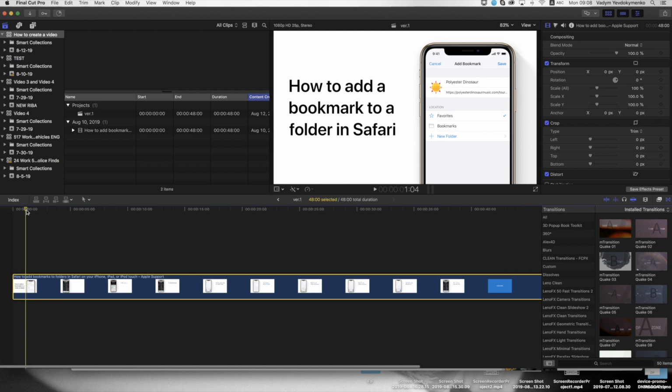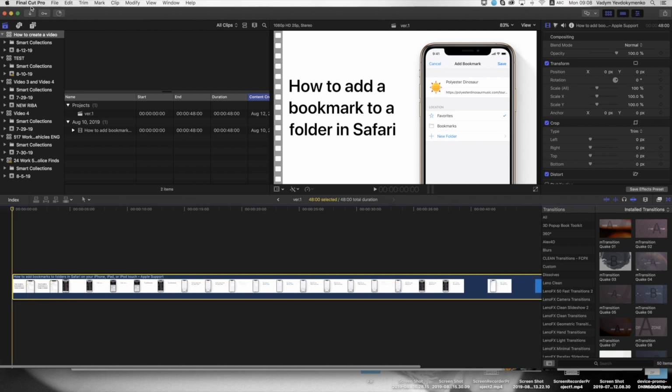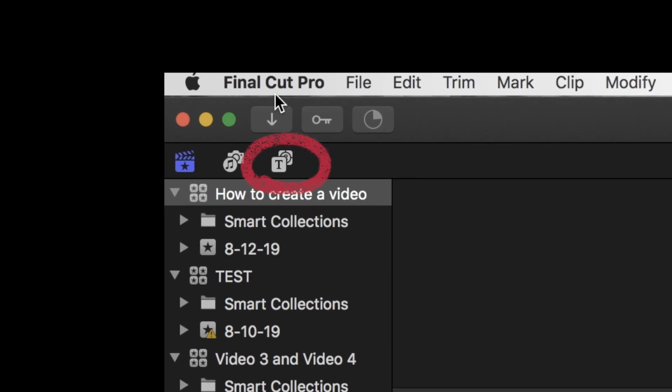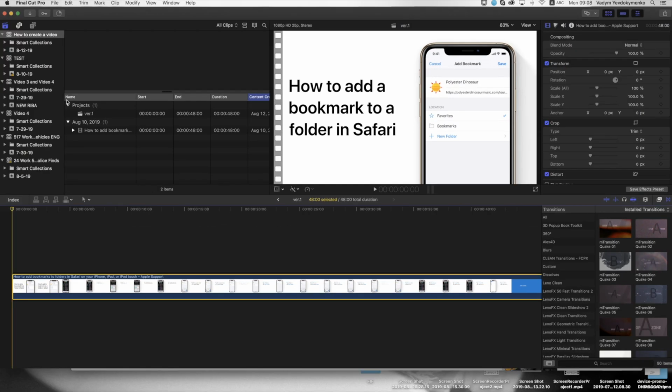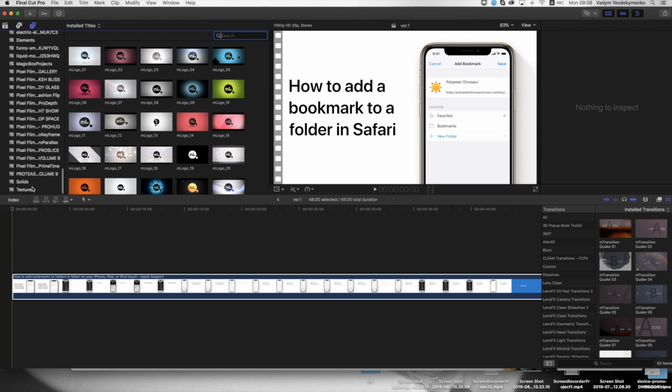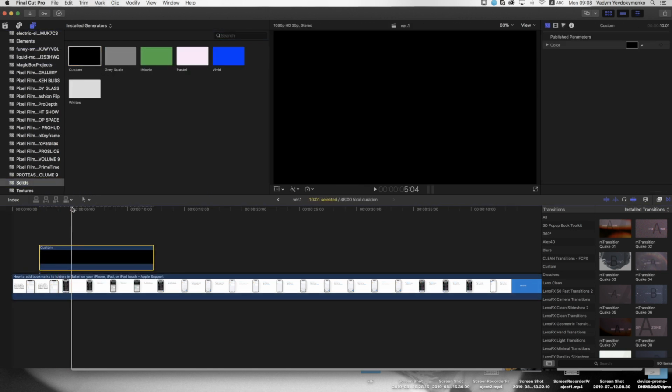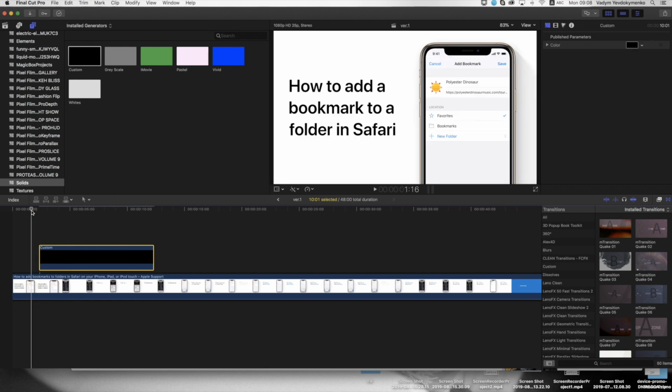Let's create a background of the same color as in the original video. To do this, click on the third icon above the library window. These are generators and titles. After that, scroll down and you will find the solid section there, after which in the left window find the generator, Custom. This is a one-color background. By default it is black, but we will change its color to white, the same as in the original video